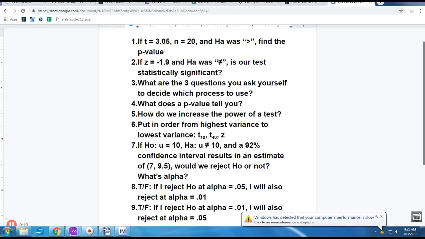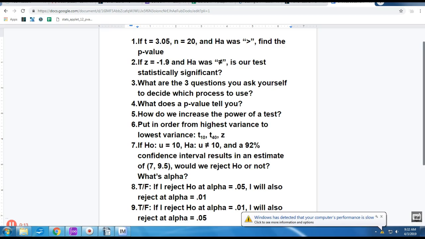Is it that when the number is bigger, the curve gets narrower? Yes. Is that the same size as a smaller one? Or bigger. That'd be like 10 degrees of freedom. So T40 is smaller, and then Z is the entire population. Well, Z is like a normal distribution. So the idea is that as this number gets bigger and bigger, we get closer and closer to